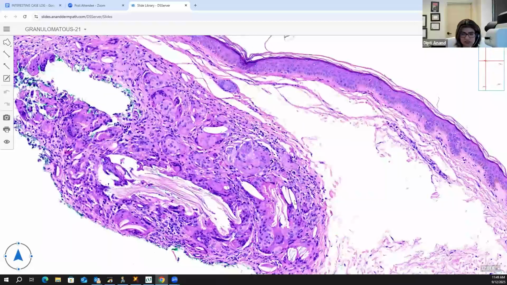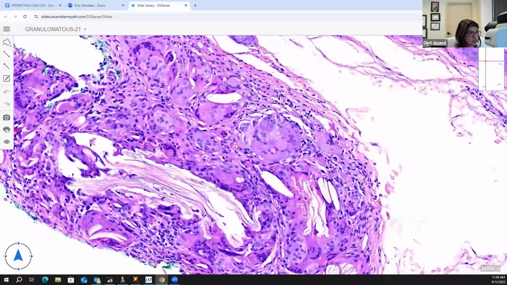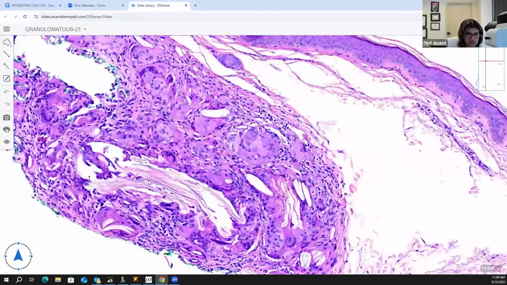How do you describe this? These are slit-like spaces, right? So when you see slit-like spaces with giant cells, you think about three things that can happen. Those slit-like spaces can contain keratin, can contain cholesterol, or they can contain a foreign body. Okay? So if along with the multinucleated giant cells, you see these slit-like spaces, and if they contain keratin, which